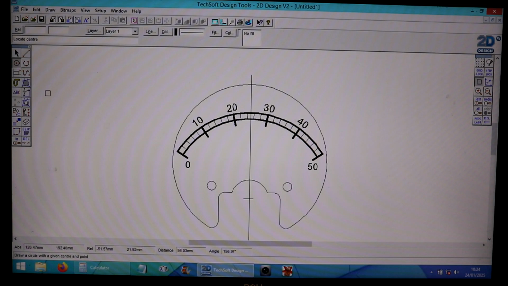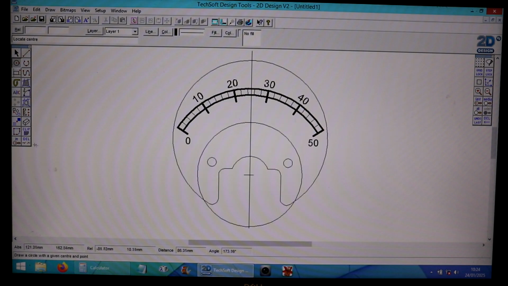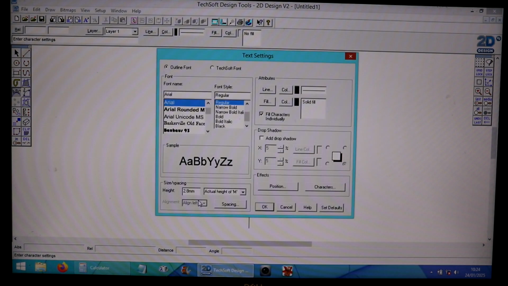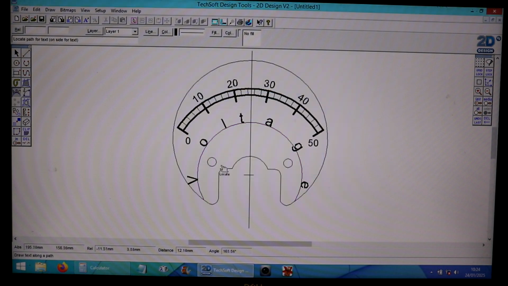You could of course put the text on a circle. You could draw one down here, which I've used lots of times, and put voltage on it or something, which is a little bit more ornate. As I said before, if you delete those two, it knows where its left and right is, so to speak. So let's say that, put voltage. In fact, that's a bit bigger. I think that's about 4. And then we have to tell it,